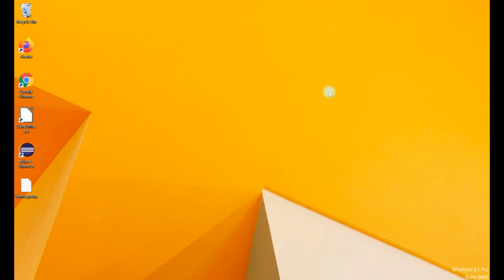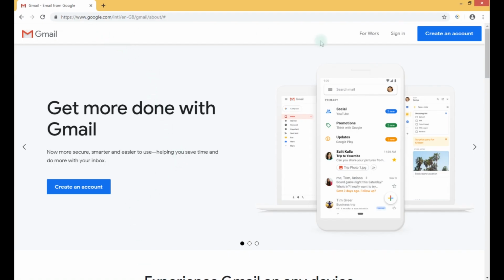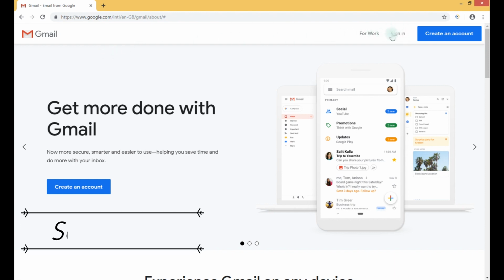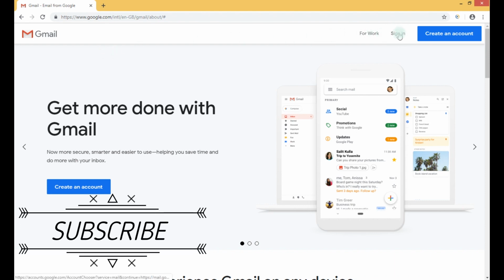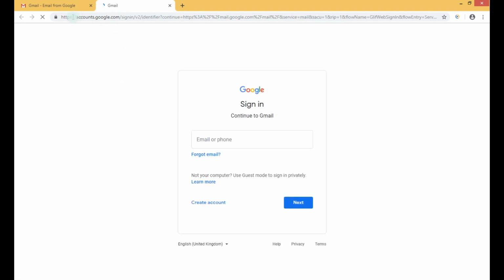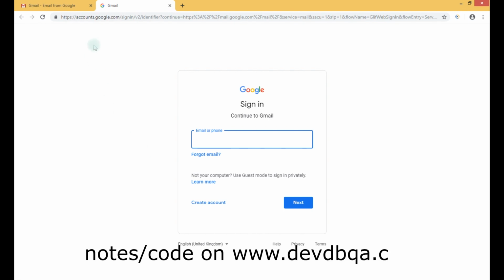First of all, I will show you what our scenario is for today's video. When we open gmail.com, this web page is displayed, and when we click on this sign in button, a new tab is opened. A new tab or a new window is the same thing. So we have to handle both of these windows using Selenium WebDriver. Let us see what we can do to handle these windows using Selenium.